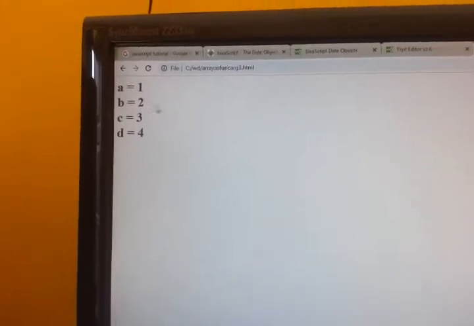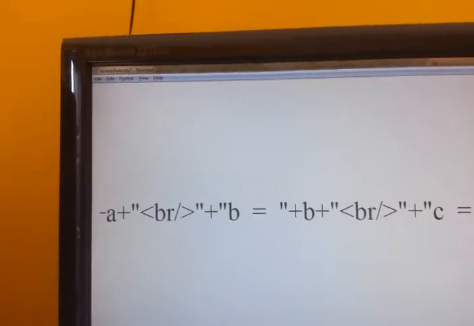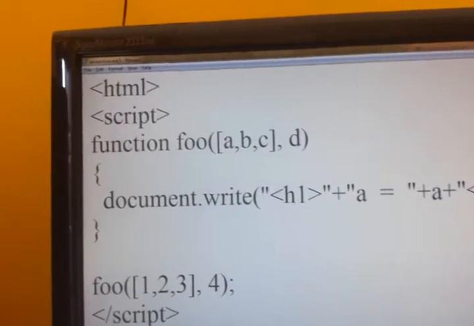So we got A is equal to 1, B is equal to 2, C is equal to 3, and D is equal to 4. So this is a simple program to pass an array as a function argument.